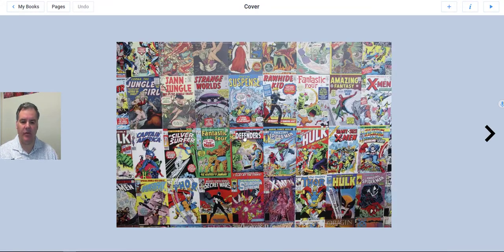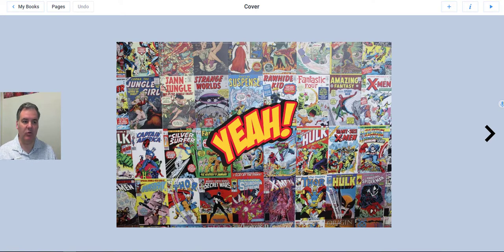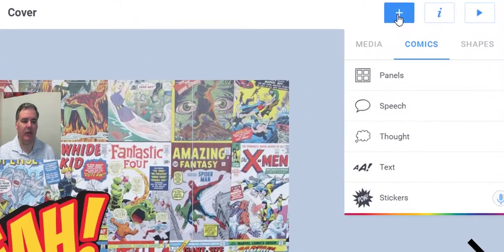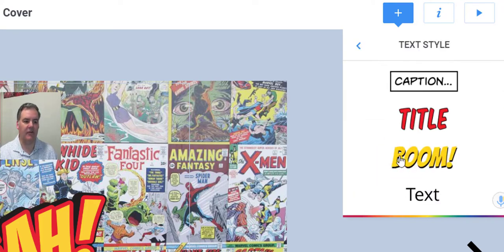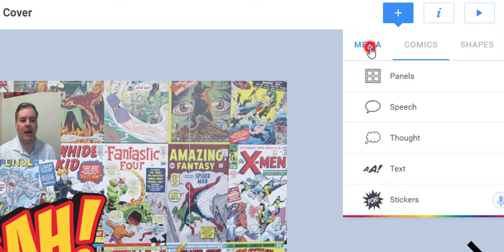And all of the things that you can add on here are really easy, just images, really cool looking text is stuff that you can add. So if I just hit the plus sign here, I can add panels, so it's like a comic book, speech, thought bubbles, text. This is just one of the text ones. So you get those great comic looking text options,